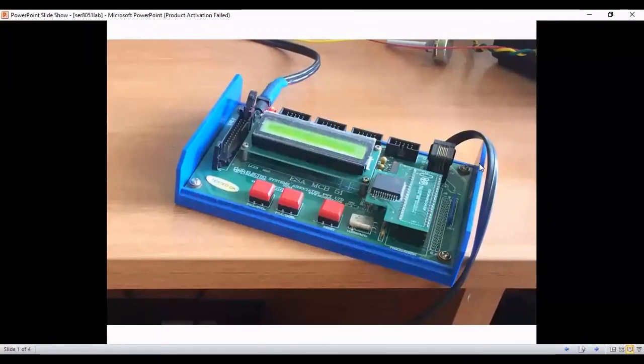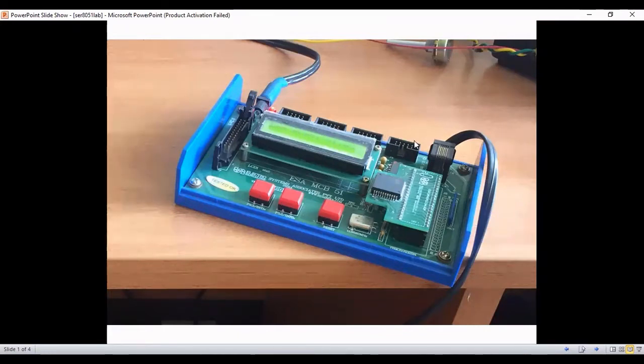Dear students, I am going to discuss how 8051 can be used for serial communication. 8051 is connected to PC through RS-232 cable. This is the 8051 microcontroller kit supplied by ESA company, and it has a power supply connection from an adapter which supplies +5 volts to the 8051 IC, and this has a reset button to reset the microcontroller, and these two are the external hardware interrupts.